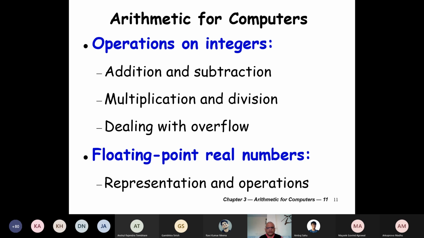And also we look at floating point real numbers. How are they represented? That's the first thing. We'll look at the IEEE floating point standard used in almost every computer.